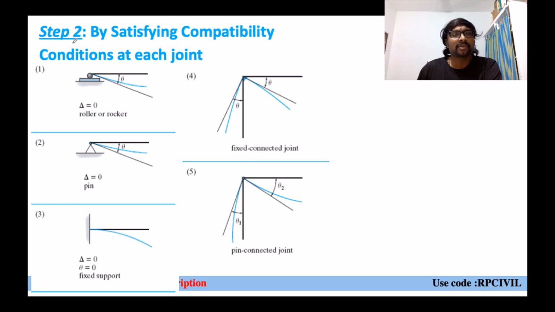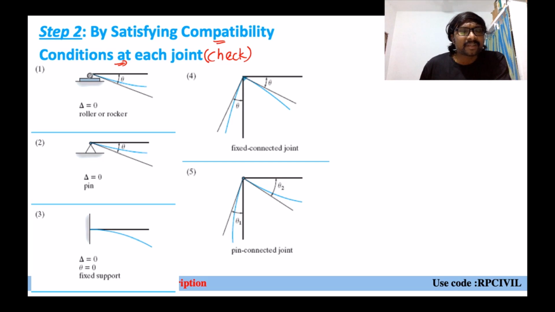And now step 2. What is step 2? By means of visual inspection, approximately we have drawn the elastic curve, let us say. But we need to check whether the elastic curve drawn by us is correct or not. How can you check? By satisfying the compatibility conditions. What is the meaning of compatibility conditions? Compatibility conditions are nothing but deflection or deformation related conditions. So at a particular point, if you know the slope value or the deformation value, you can say it is a known compatibility condition. By means of this, we can check whether the curve we have drawn is correct or not.